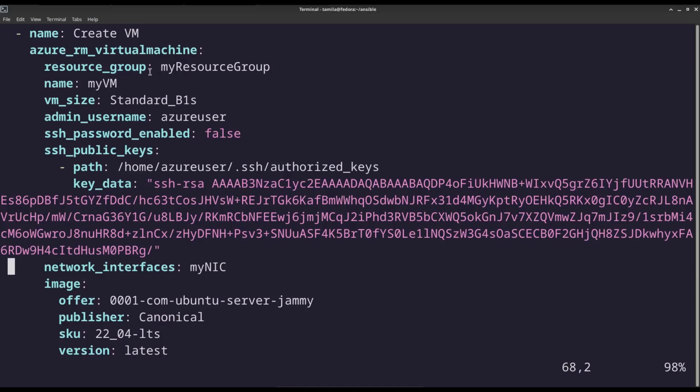So we'll specify the usual details like resource group name and then we proceed to specify the VM size, that is standard B1S. Username that we need to log in, that is Azure user. We disable the password for the SSH and then we provide the public key that is under key data, and also we specify the path where to store this key, that is usually under the .ssh authorized key files, and